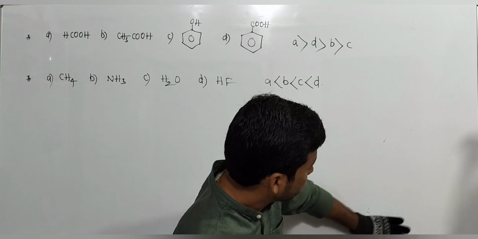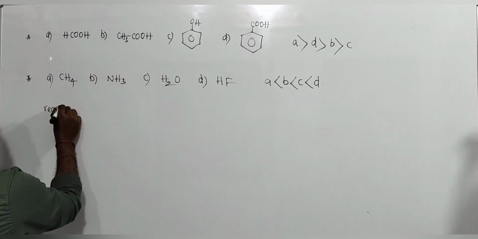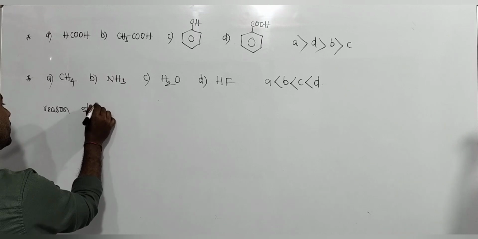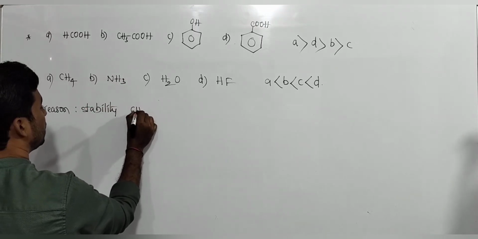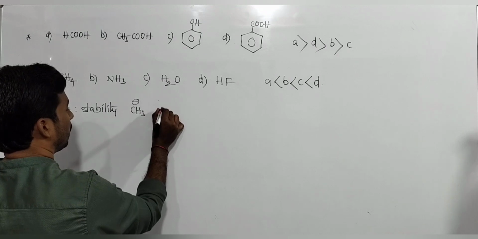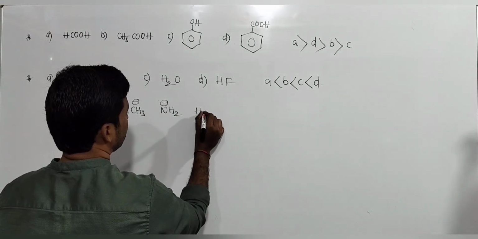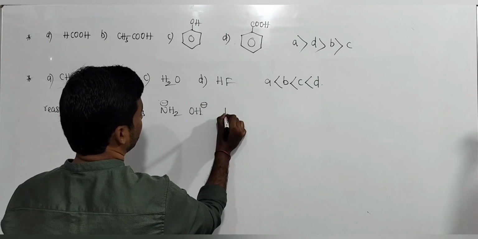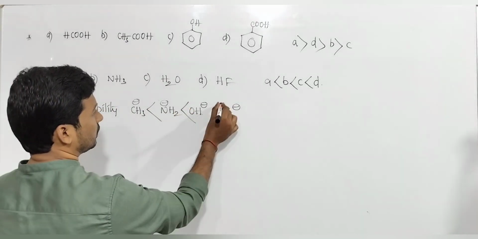If we see the conjugate bases of the above acids, the stability order of CH3 minus, NH2 minus, OH minus and F minus follows like this, because